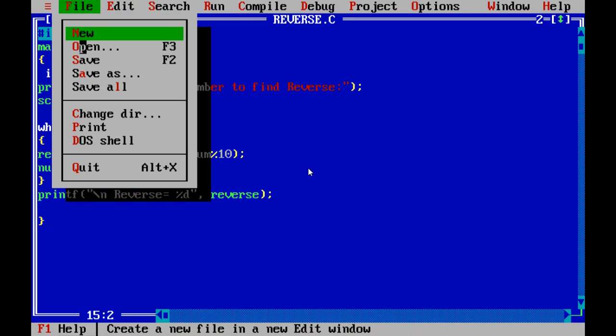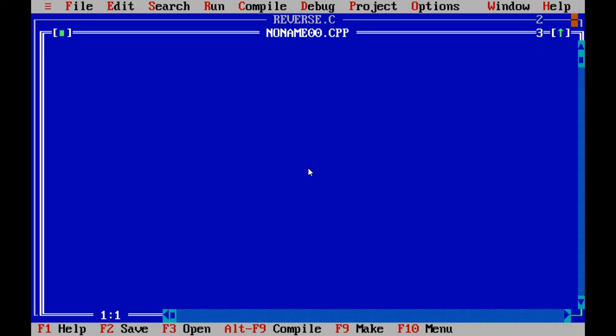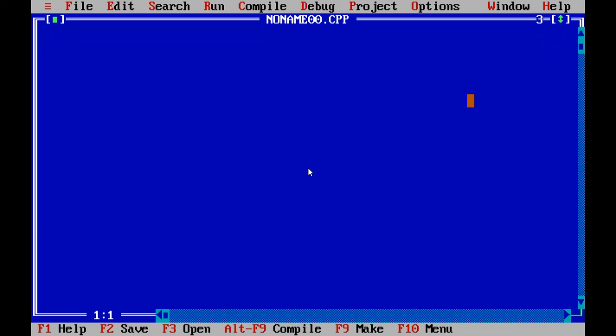Click on the file menu, take new file, type the program: #include stdio.h, main. It is the beginning of the C program.